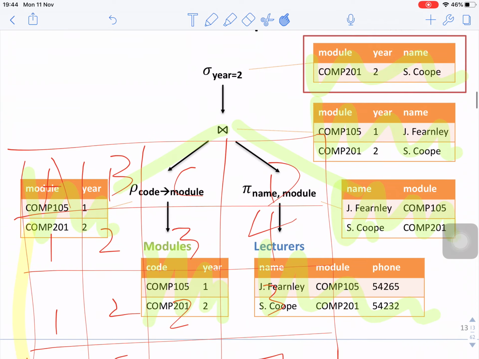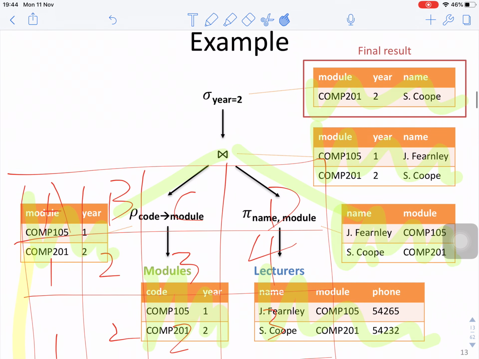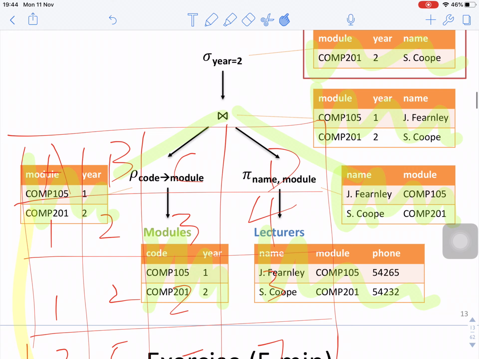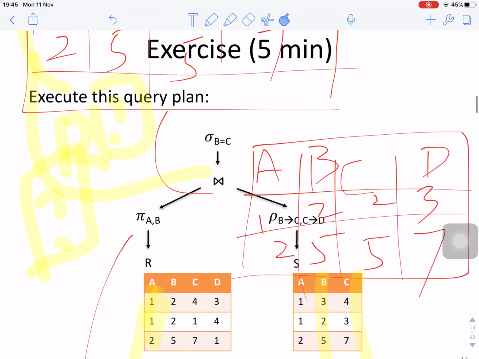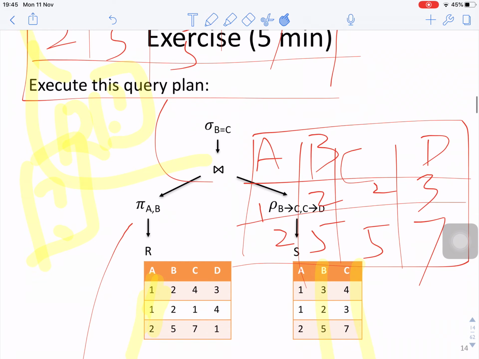If it is an inner node, there is an intermediate result. For example, in this case, the module is here, and we remove code equals module, and because we want to do the natural join there must be common attributes, and the lecture is here, and we select the name and the module, and then we natural join them to module, year, and name, and we are going to execute this query plan where